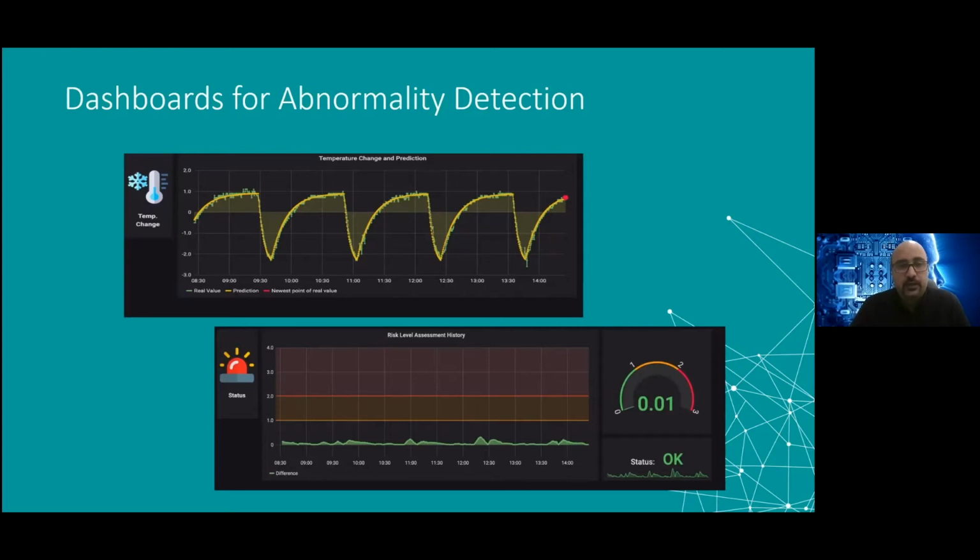And we have a second chart showing how far the predictive model is from the real data. Whenever this difference increases to more than, let's say, 1, then we understand there is some fault, or some potential fault in the system. And if this difference increases to maybe 2, then the fridge needs immediate action, because the result may be a total fault or a total shutdown of the system. That means the operator or engineer can go and check the fridge.